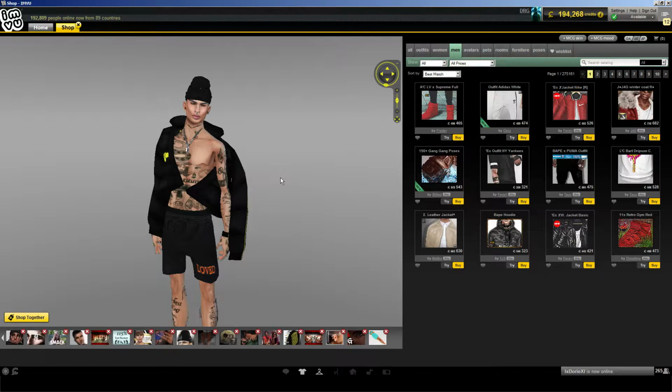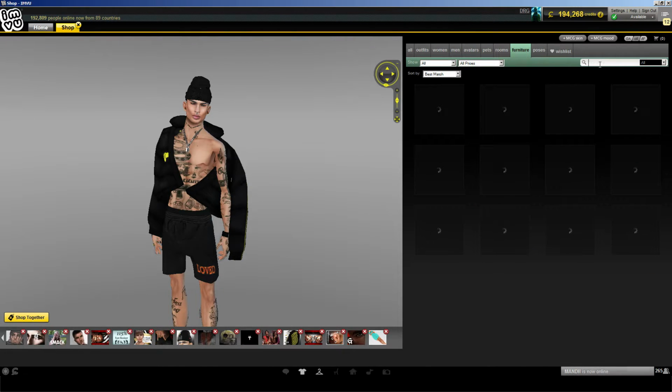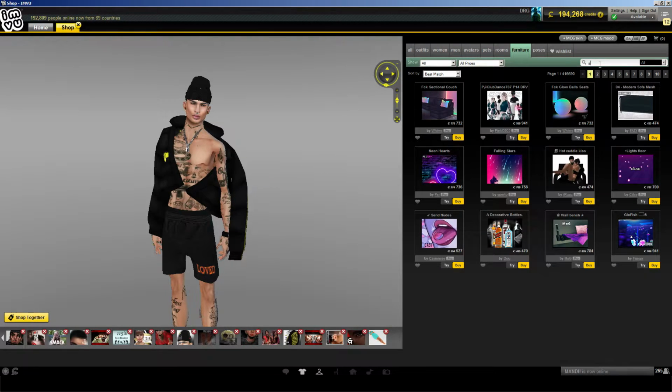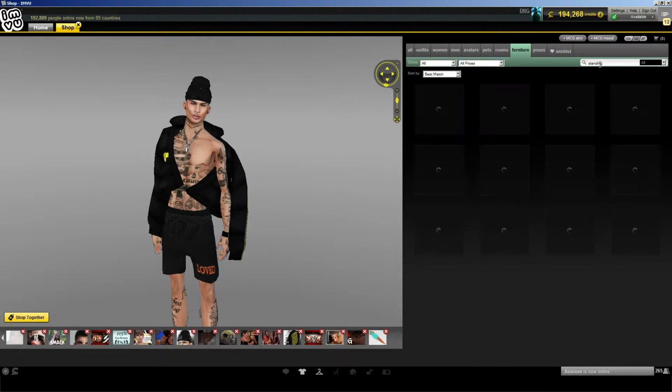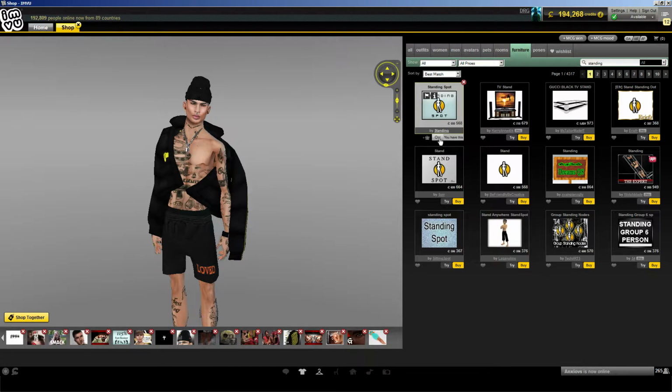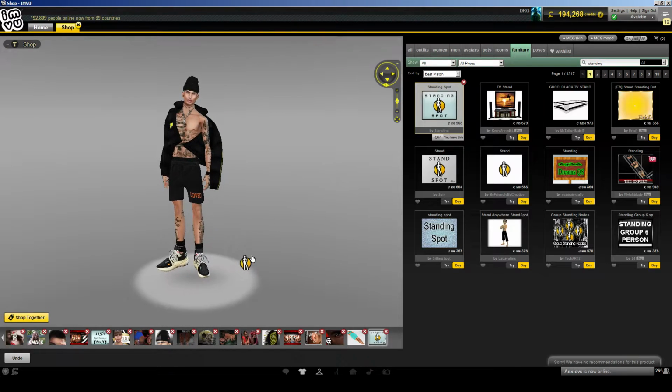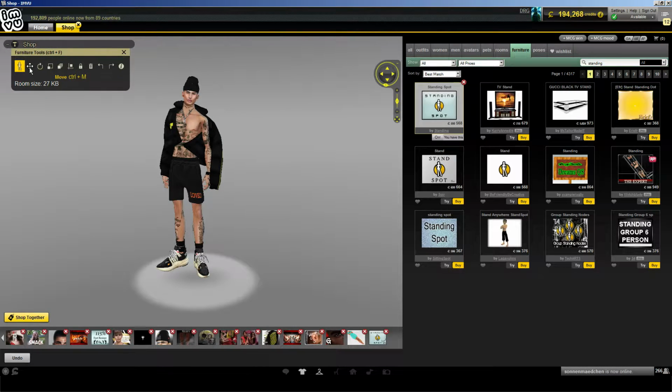So basically what you've got to do is go into the shop, or wherever you're going to take a picture, but make sure you have this one product. So you go to furniture, type in "standing spot", and there it is. When you load in a standing spot, it literally goes anywhere random, so you've got to look around for it. And the easiest way to look around for the spot that you can actually move around